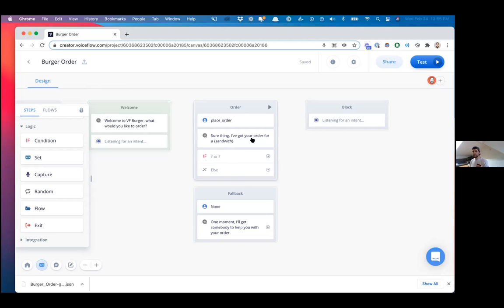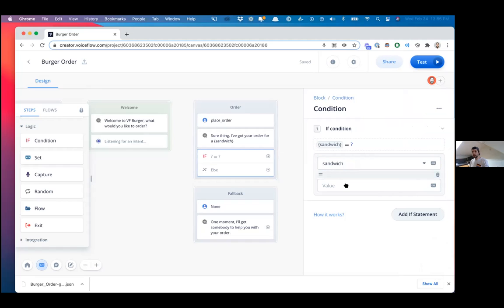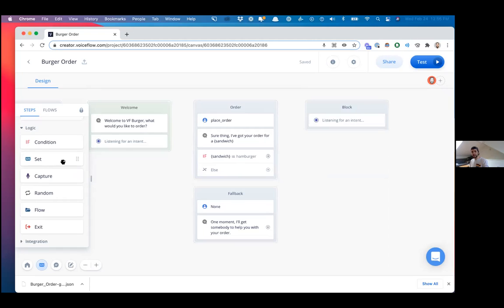I'm going to want to say if sandwich equals hamburger, then add in every valid slot value there, then take this path, and if it doesn't, then take a different path. So what that allows me to do is, I can say,